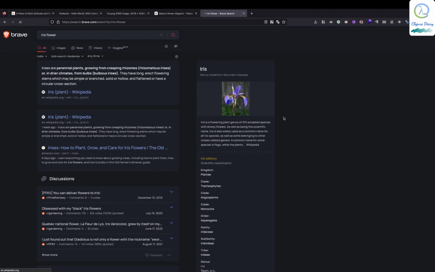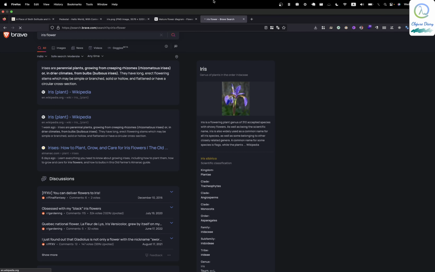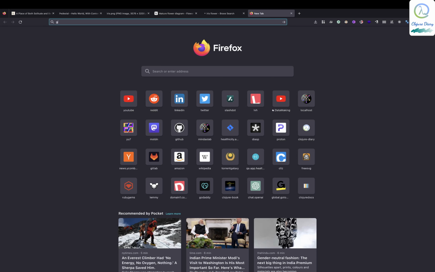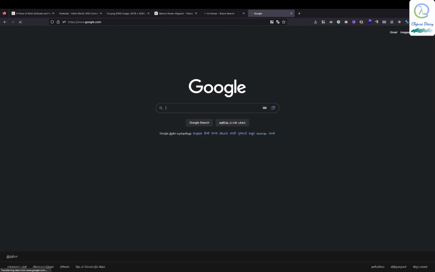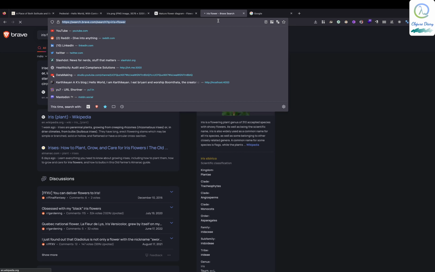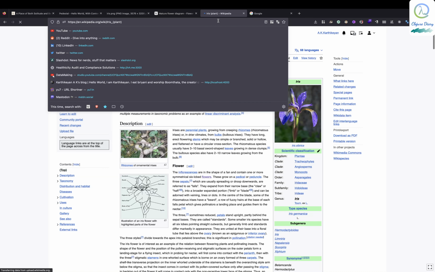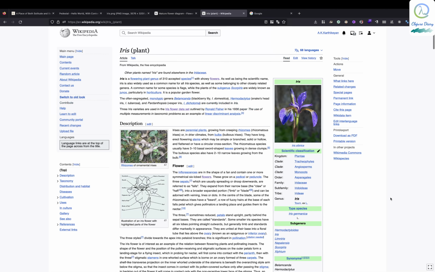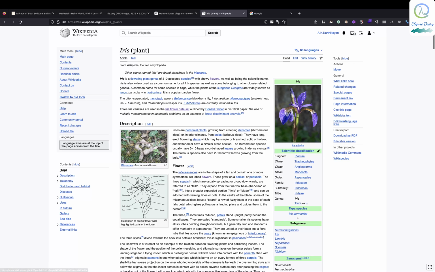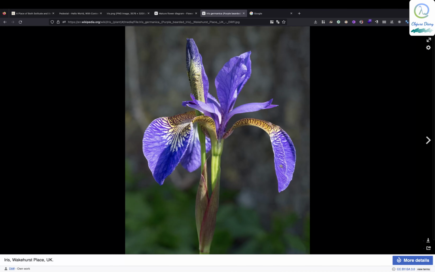If you go to Wikipedia, you can read about it. I'm not sure if my internet is working or if it's gone. For some reason, the internet on my Mac seems to be really slow. Thankfully, it worked. Yeah, it is a flower like this, and the violet things here